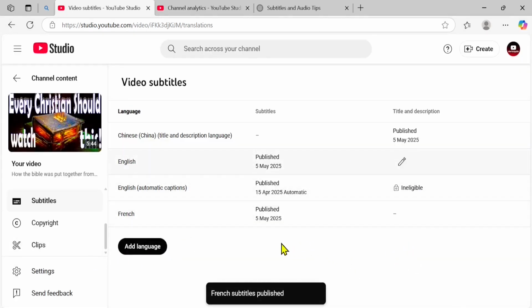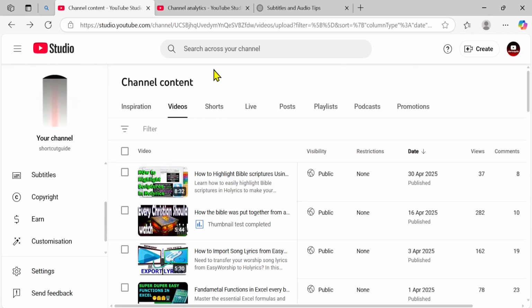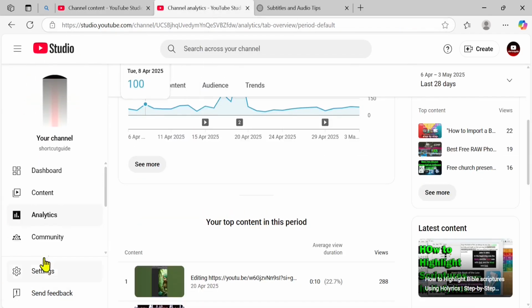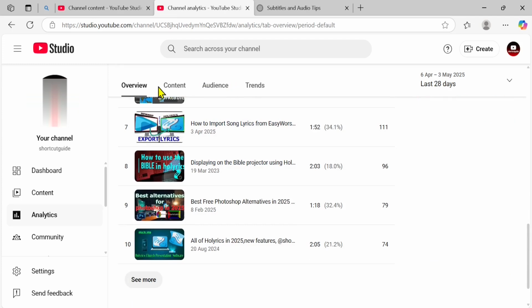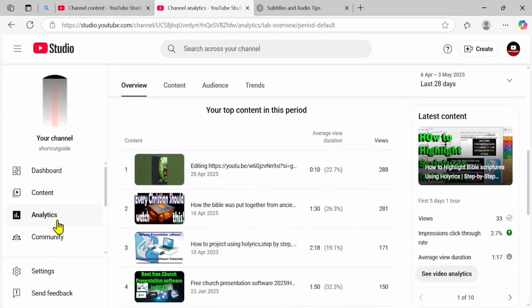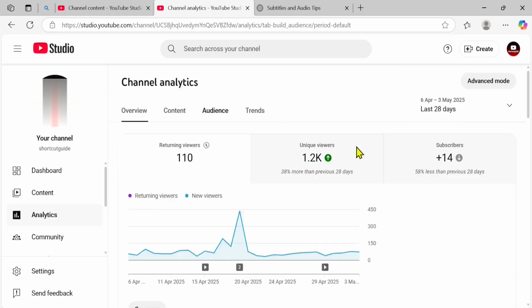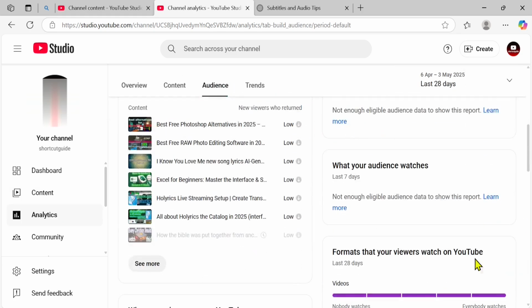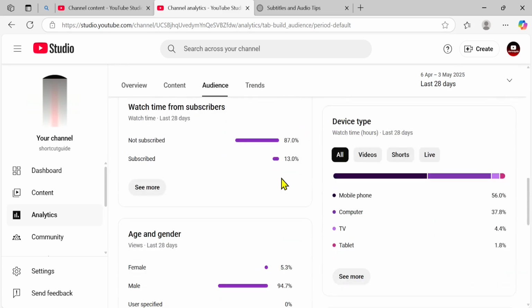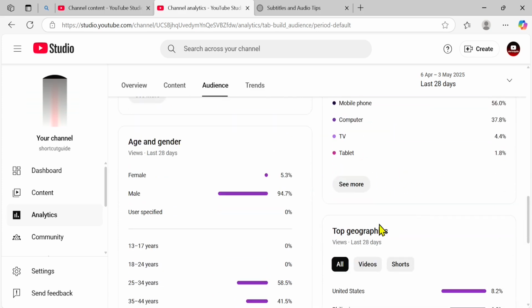But there is another trick which I wanted to show you. First of all, you need to first go back to your dashboard. Then you go to analytics. When you come to analytics, you can see that here you are in overview. Instead of going to overview, go to audience, and when you come to audience, this audience button here shows the audience of your video, what they are watching, which kind of devices they are using. But the trick is here, top countries or top